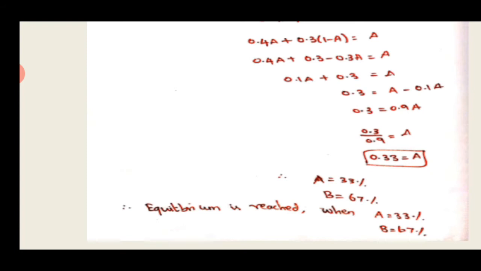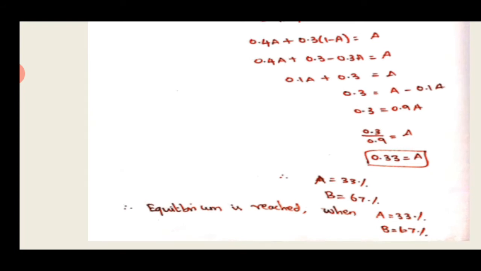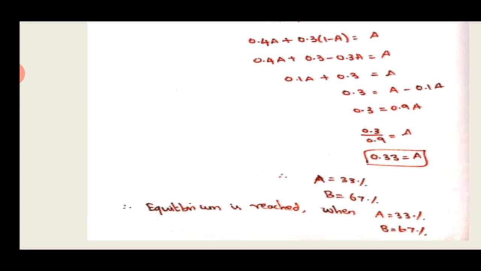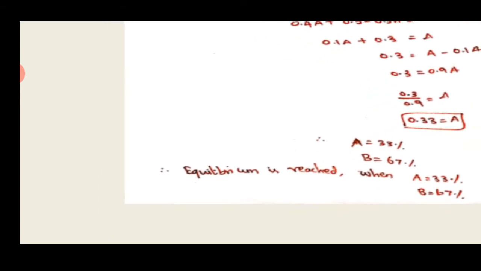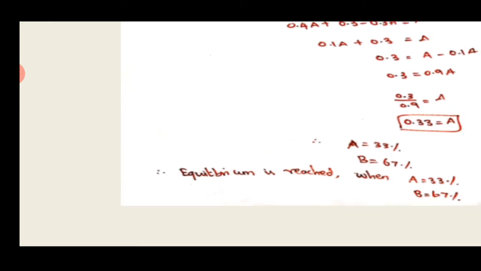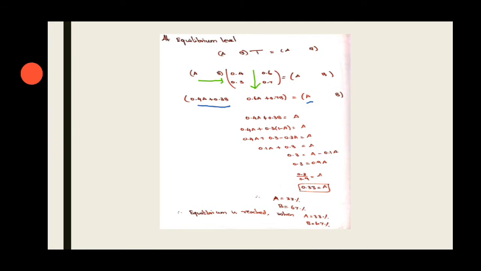If A equals 0.33, it represents 33 percentage. So A's share is 33 percentage. So in 100, if you subtract 33, you get 67. That is going to be B's percentage, because we know A plus B equal to 1, so B equal to 1 minus A, which is 1 minus 33, so we get 67. So that is B's value. So equilibrium will be reached when A equal to 33 percentage and B equal to 67 percentage. What does it mean actually? When you give the input 33 and 67 in the AB place, you will get the same answer, 33 and 67.